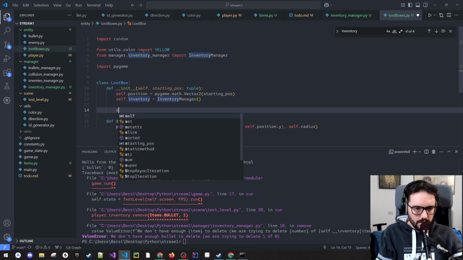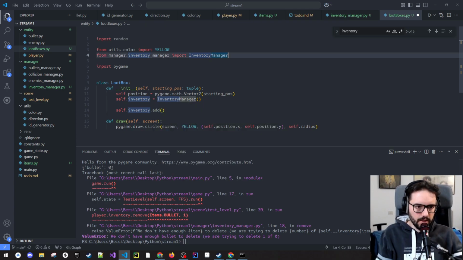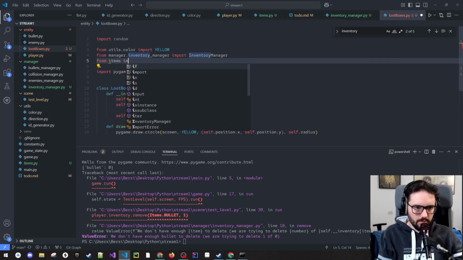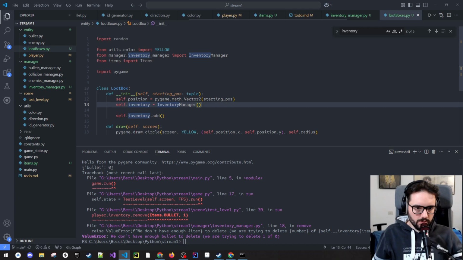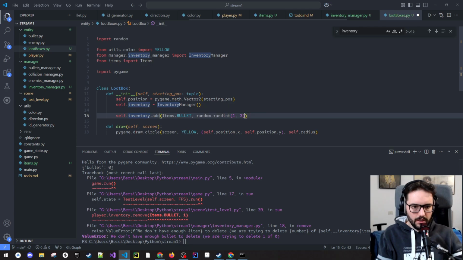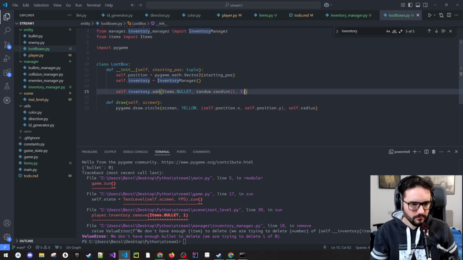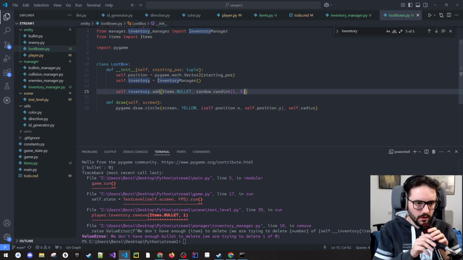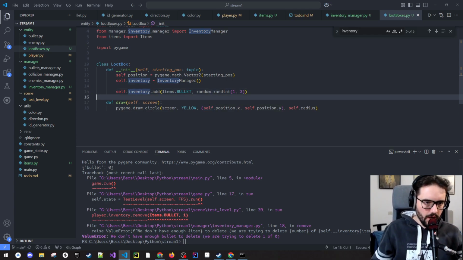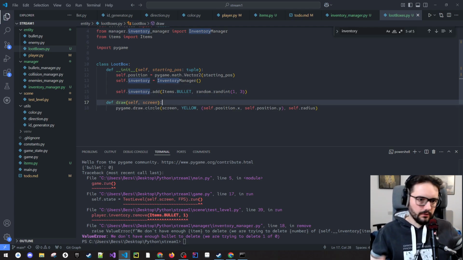Okay, inventory manager. Yes, and we will just say self.inventory.add. Yes, we need also the items. From items import Items. We just say, let's add some bullets, but how many? Just a random value. And we just draw the loot box. Then, when the player collides with the loot box,